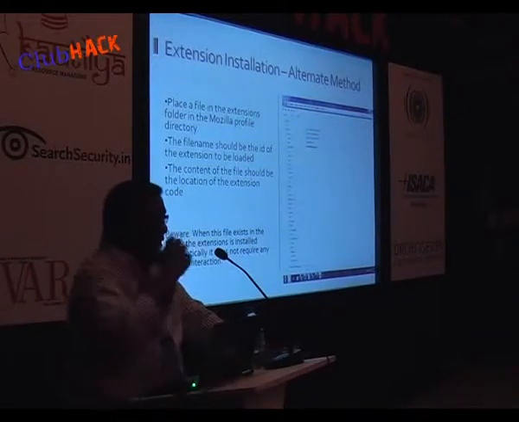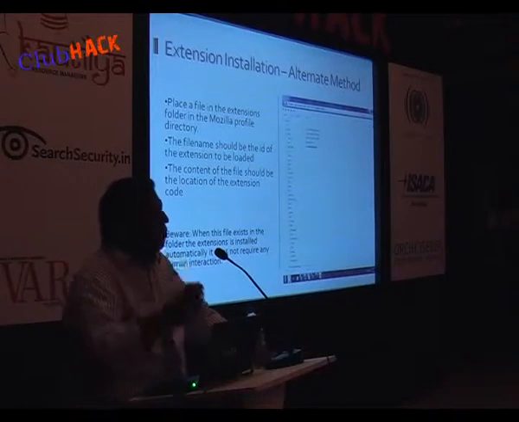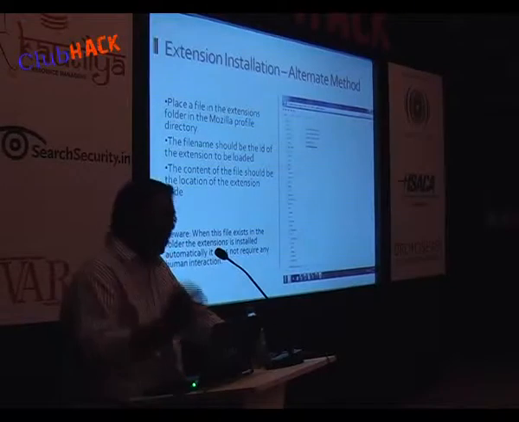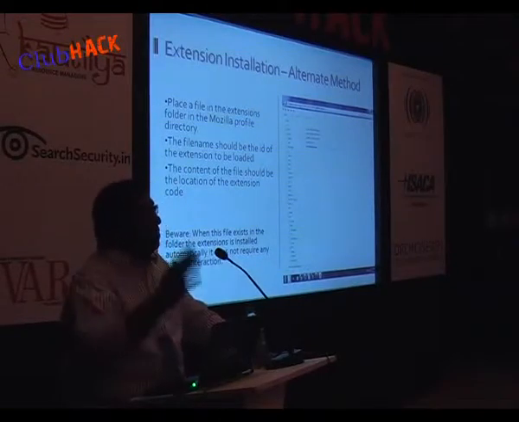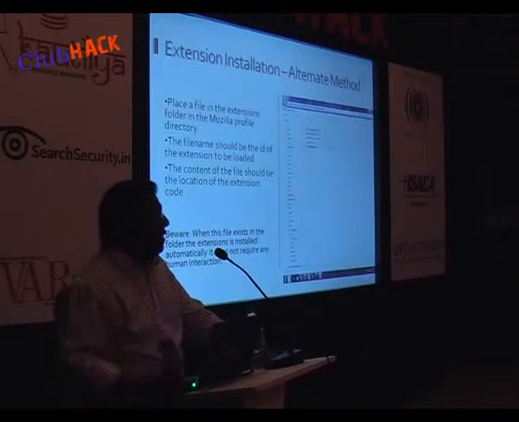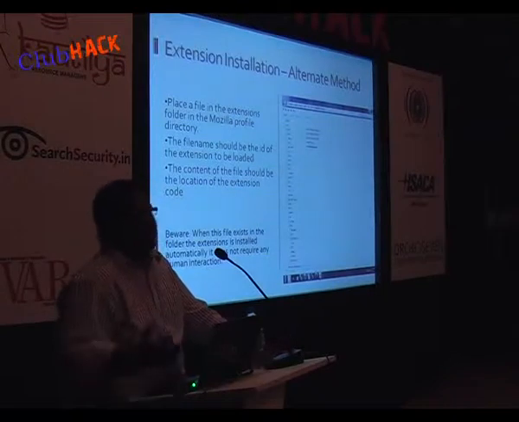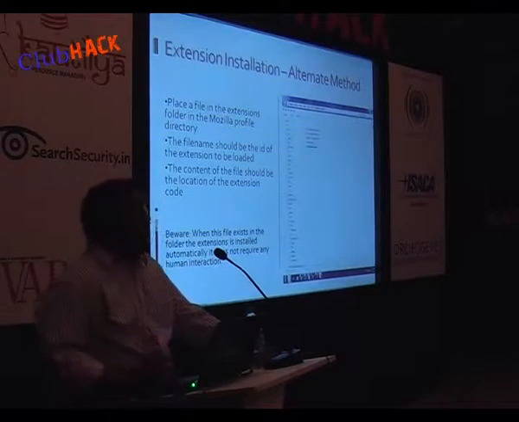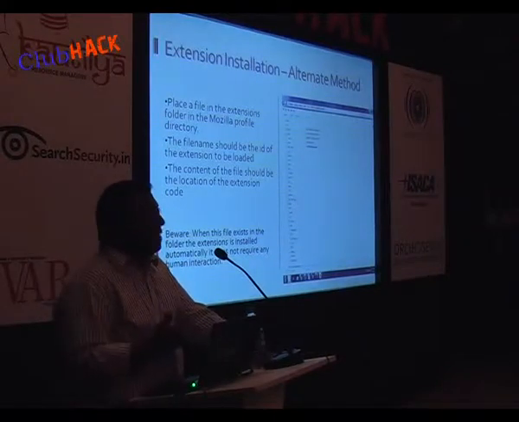You could create a USB autorun. I'm sure most of you know that the Stuxnet virus was spread, most of it, because of USB viruses. So USB viruses do exist. People do have problems with it. You put an autorun file, the file will get installed and you will have an extension. You could write an extension to basically sniff off everything that he's doing. You can write an extension to sniff his passwords. Maybe we could show you a password attack. These are the ways that you could basically install them.